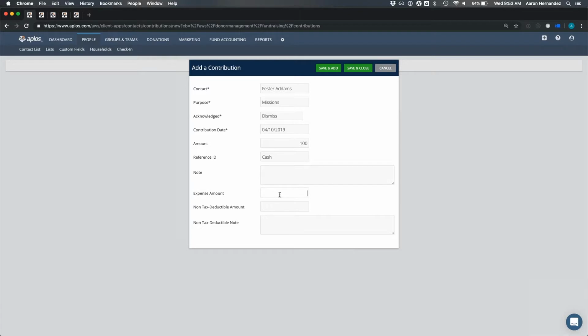Expense amount, if there was any type of expense included with this donation, most commonly this would be regarding online donations that have processing fees. You would put that fee in the expense amount column. And then underneath that are some fields for non-tax deductible amounts. Non-tax deductible meaning that your people receive some type of good or service in exchange for whatever they've given to you. So a good example of this would be if you had a fundraising dinner for